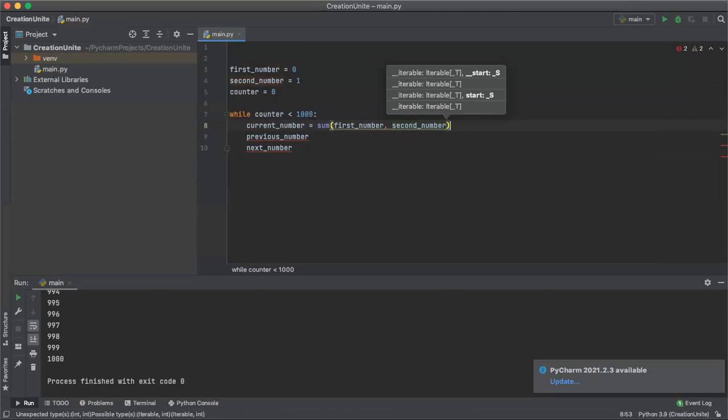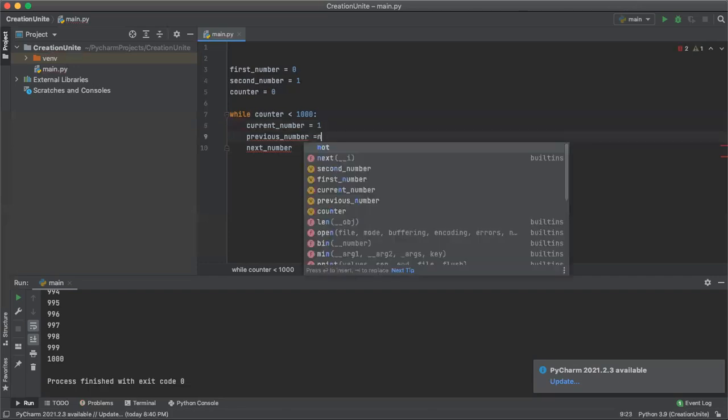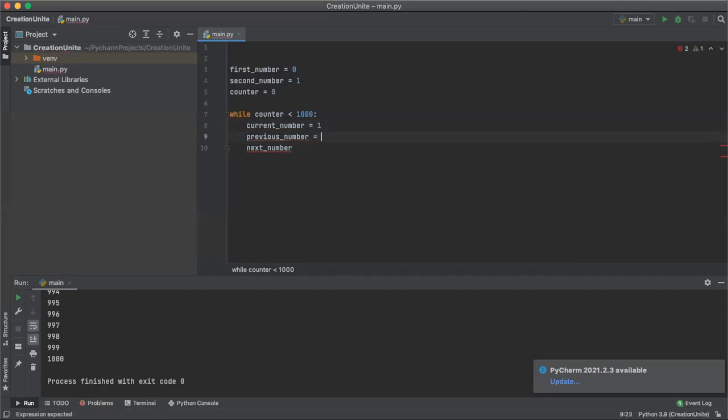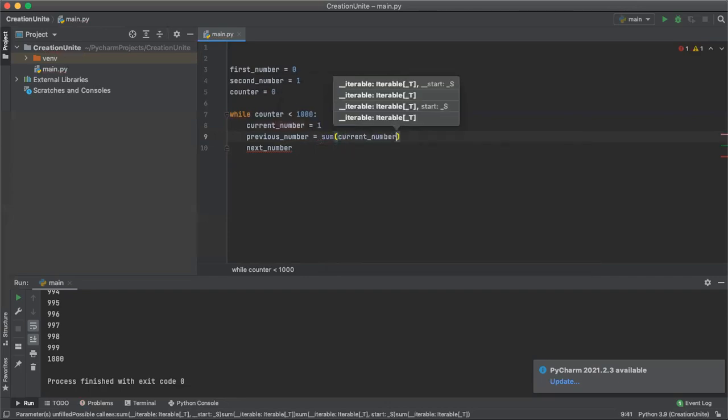What is our current number? 1, right? What's our previous number? Our previous number would be the sum of our current number and